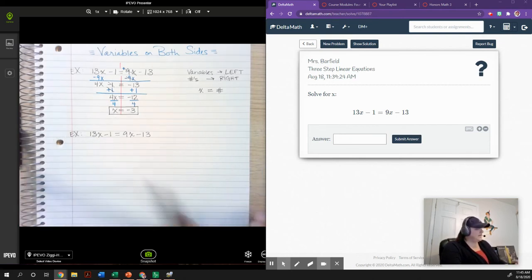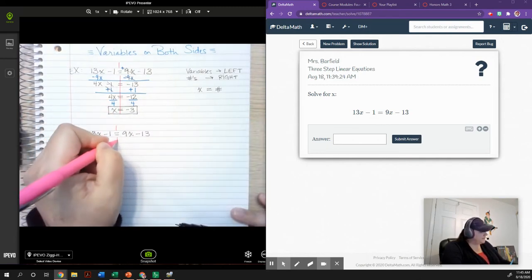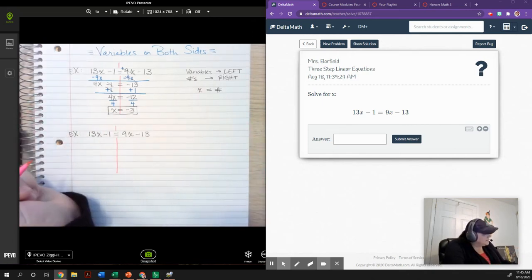All right, so 13x minus 1 equals 9x minus 13. So I'm going to draw my wall. Now, I think part of what happens here is why people take a different approach is because they don't even think about the problem. They just start solving. Okay, so let's just say you jump right in and you're like, well, I need to,